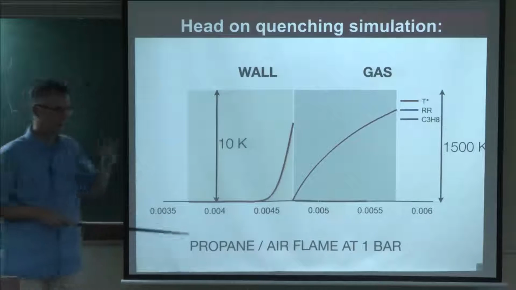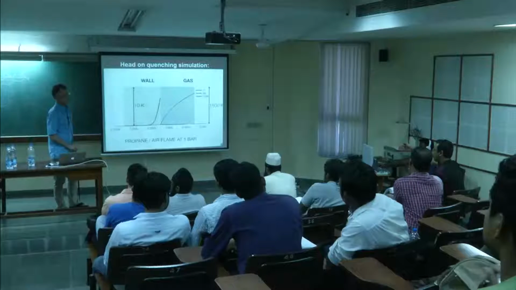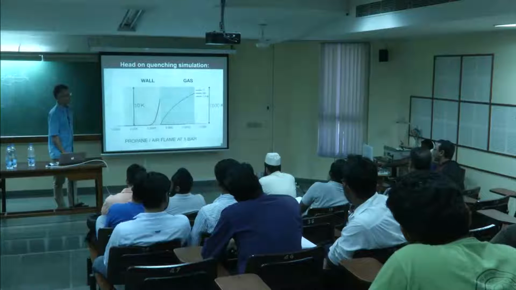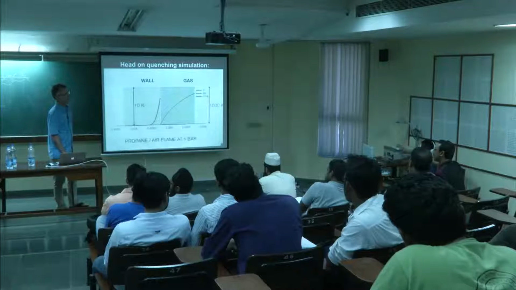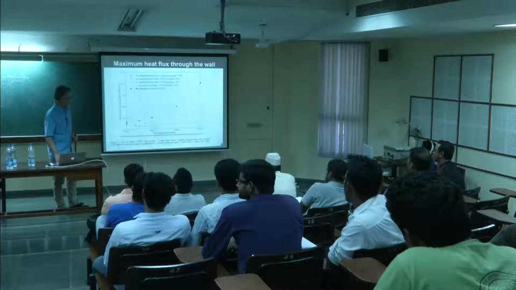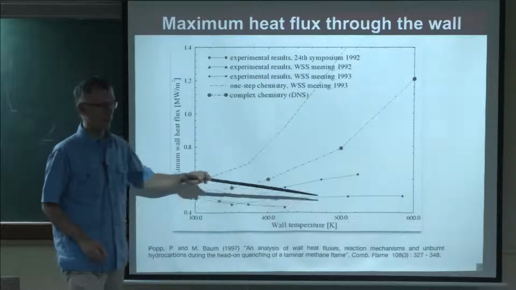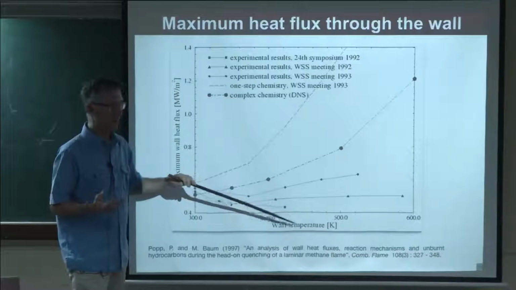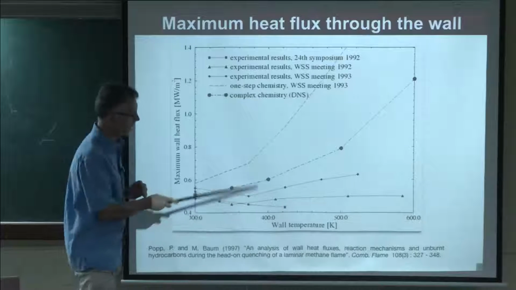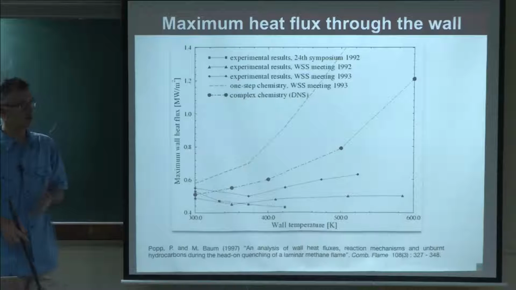In the distance ahead of the wall, where the flame quenches, will keep decreasing as you increase the wall temperature, and when it burns, it is at very high. Yeah, that's difficult to say. When you increase the wall temperature, you change the chemistry at the wall, and the effect is difficult to predict. As you can see, sometimes going up, sometimes going down. You need to do the complex chemistry computation or to do the measurement.